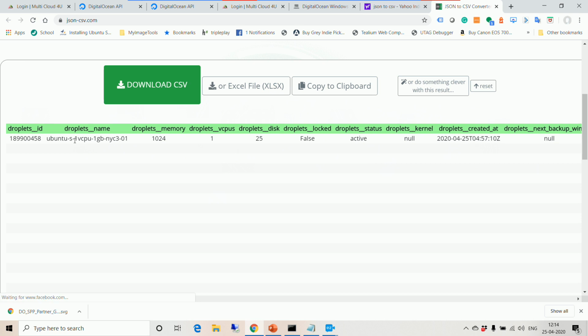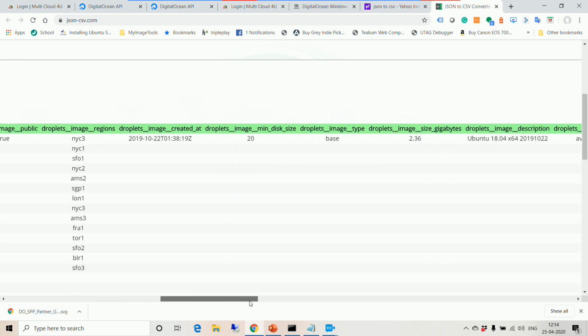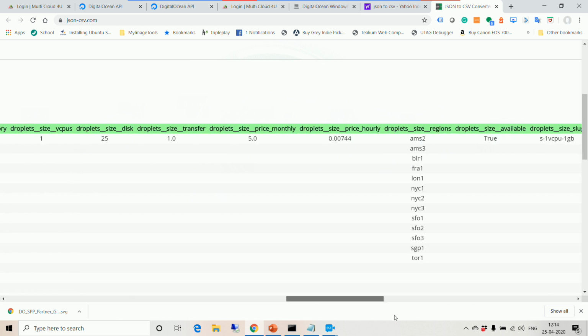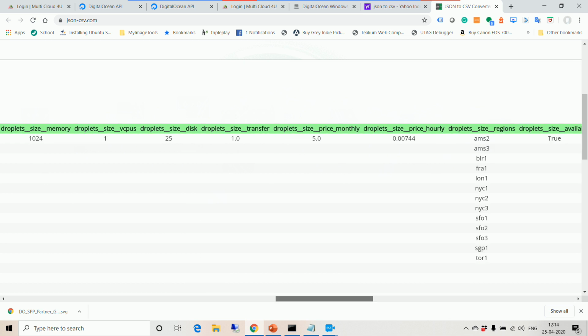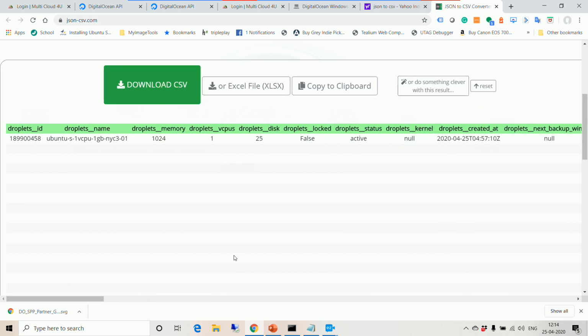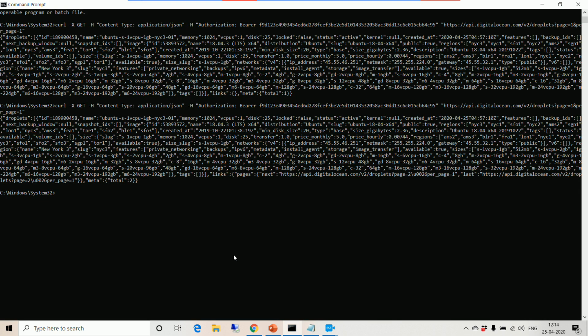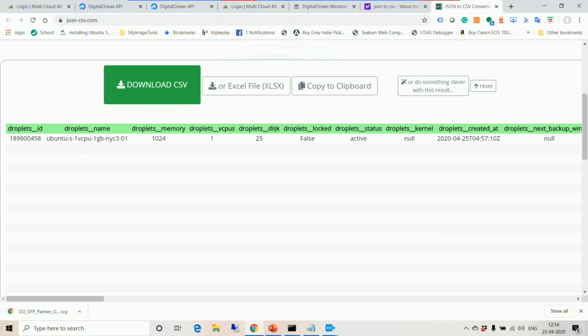So again, this is the single one coming because I must have used only one account, a test account. You see here the droplet image and every detail is given there. So you get everything, and then you can play with it, run queries, create this, drop the droplet or increase the size, do whatever you want. So this is all for the session today.